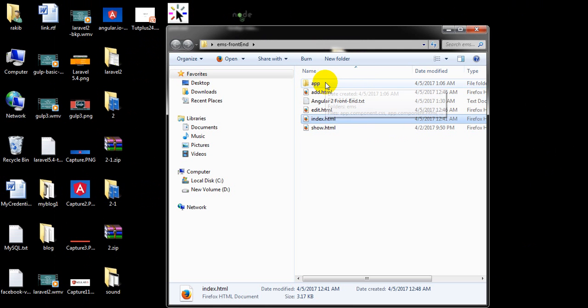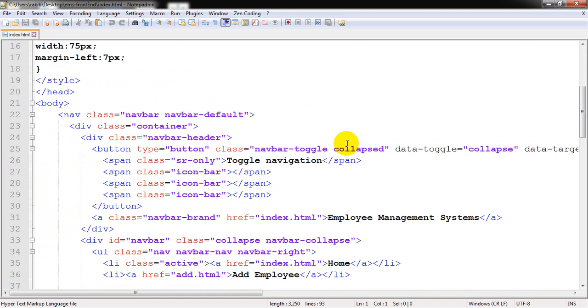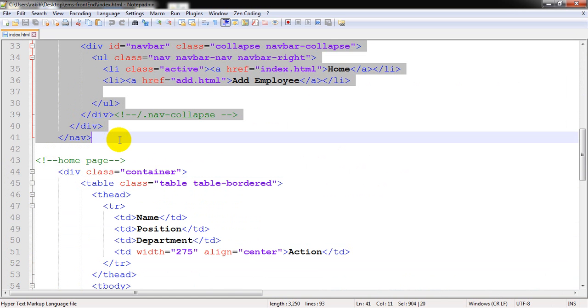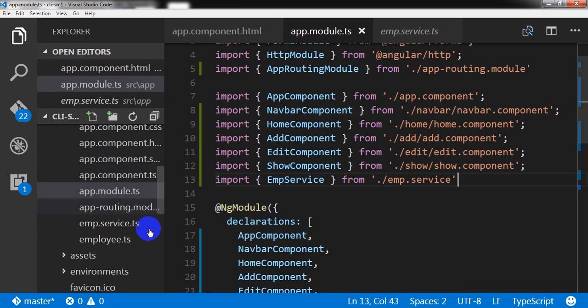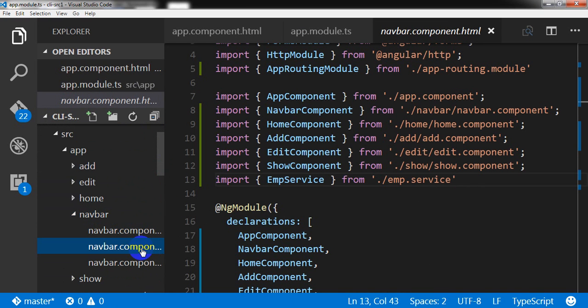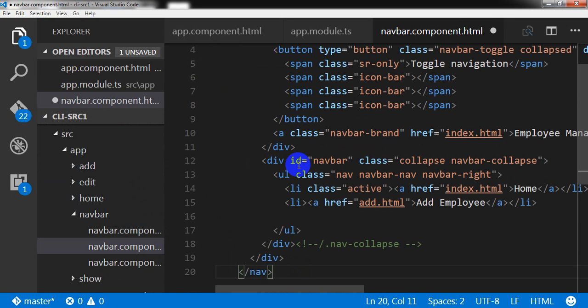I'm opening it into Notepad++, and first of all I'm going to take the nav section from here, I told earlier that it is the component that I am going to use as a component. So I have the nav component HTML file and put it here,